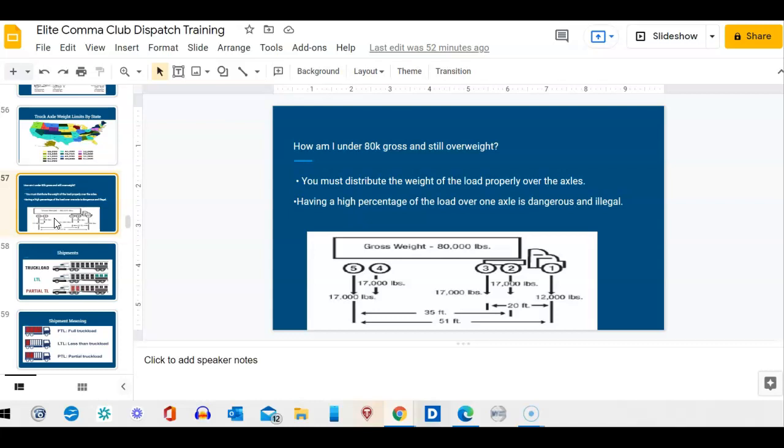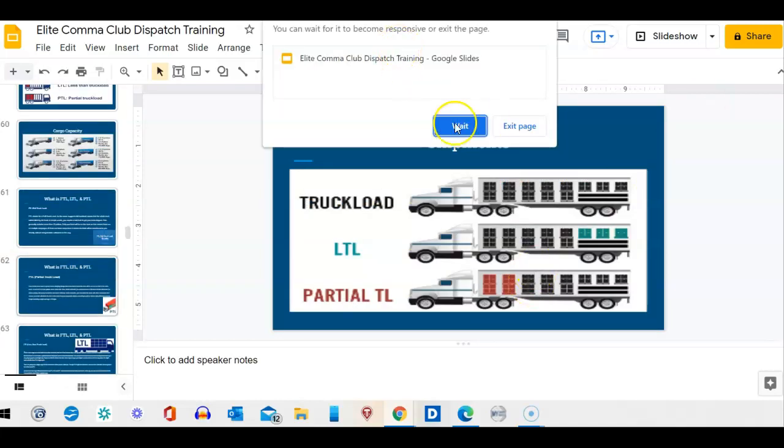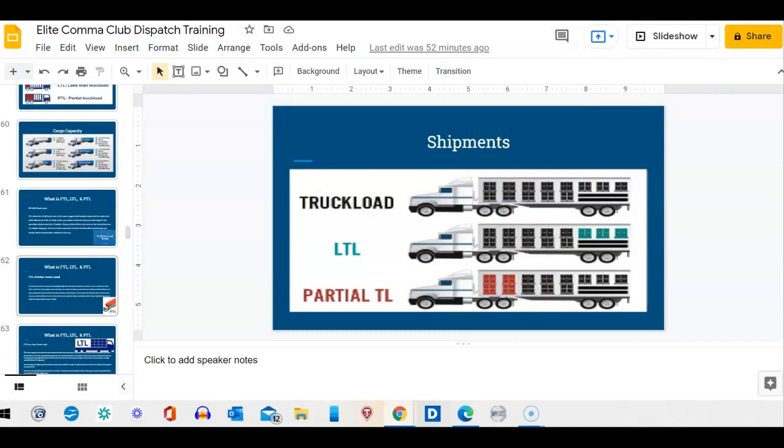We have full truckload, less than truckload, and partial truckload. When you're doing these shipments, keep in mind that even though it may say, okay, I have a 26-foot box truck and it's a full truckload, it's 26 feet, 10,000 pounds, it can still be a full truckload. But if you could have,